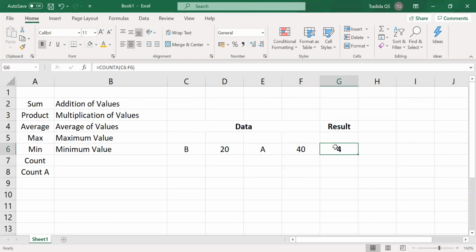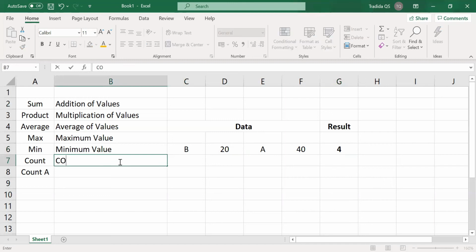What happens? Whether it's a number or an alphabet, it will count. As long as there is a value in a cell, it will count and give us the result. That's COUNTA. So we will write here count numbers.